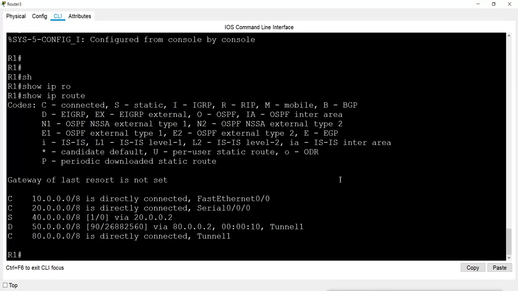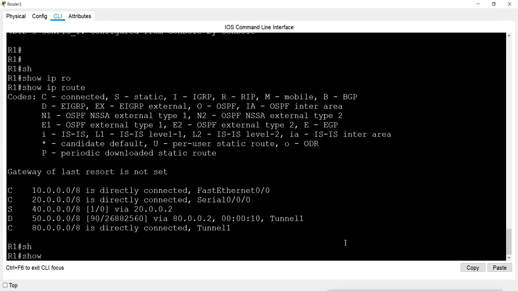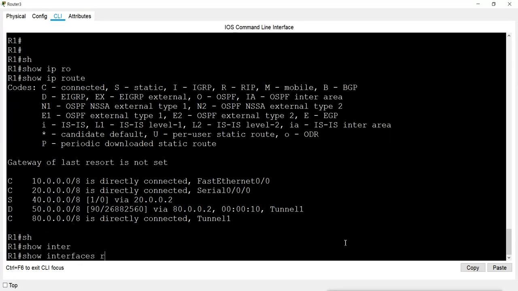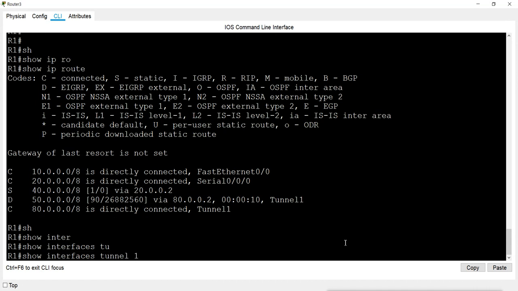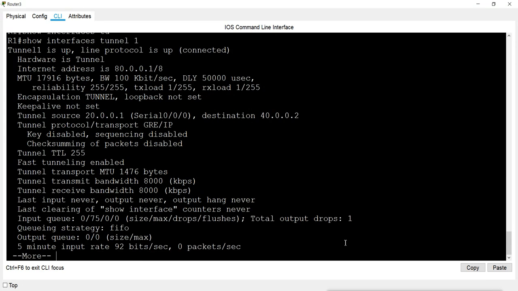We can check the status of the tunnel by using the show interface tunnel command and the tunnel number. It will show you the details. Tunnel is up, line protocol is also up. The encapsulation it is using is tunnel.